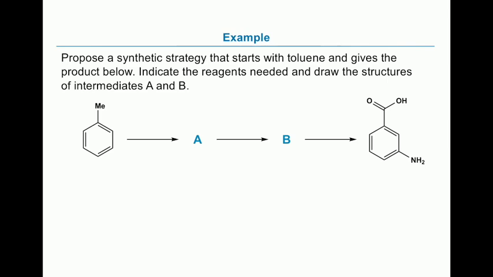Think way back. This is like 3 classes ago now. I'm not going to just add, there's no way to just add NH2 plus. That doesn't exist. What do I use instead to stick a nitrogen on a ring? I can use nitration, right? Nitration gives me a carbon-nitrogen bond, and then I have to reduce the nitro to an amine. So I can use the nitration to introduce the atom, and then I have to modify the nitrogen by a